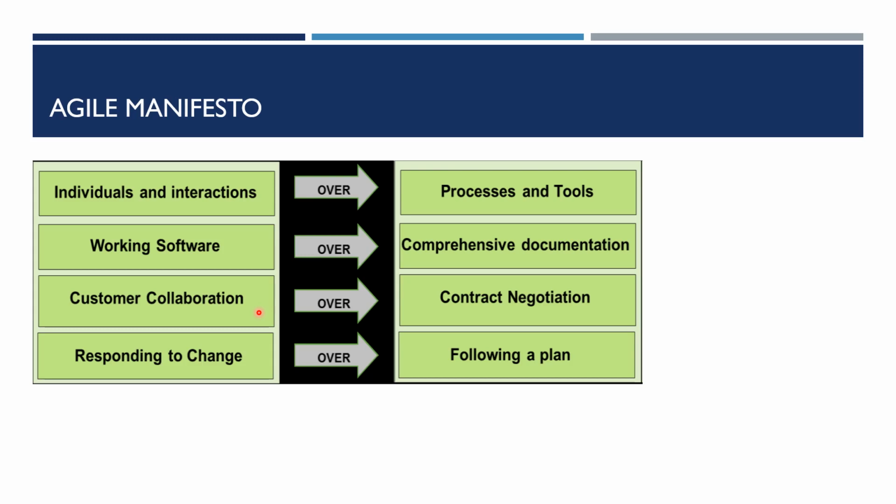This role is really working very closely with the team. He is always there to clarify any questions the team might have on the requirements, on the vision of the project, right? What is the value that the project or the product is going to deliver? So the product owner is always there to clarify those questions for the team.